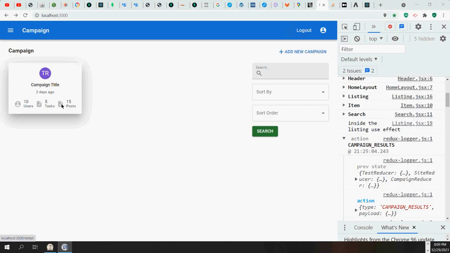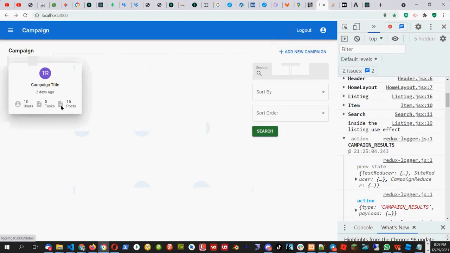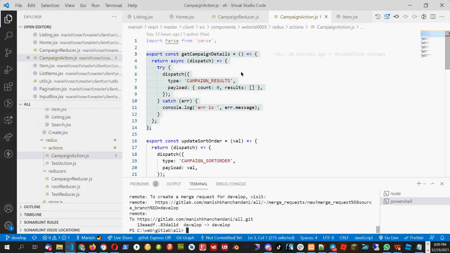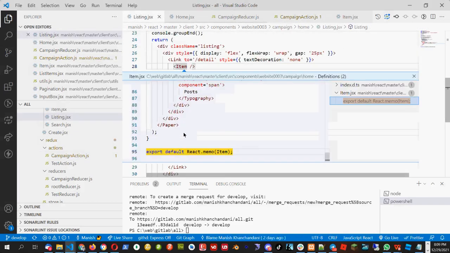So I feel that this three parts is not looking very good. So I will change it to two parts as we see in this image, two parts. Similarly, I'll make also two parts, not the three parts. So let me do that first, and then we'll go further in doing more in the Redux.